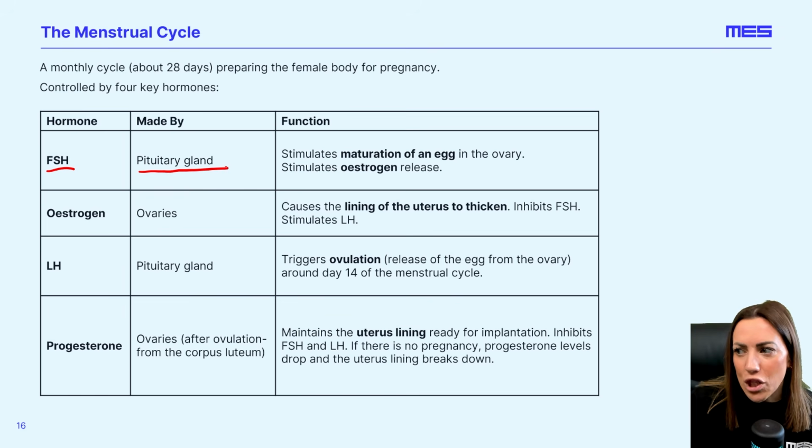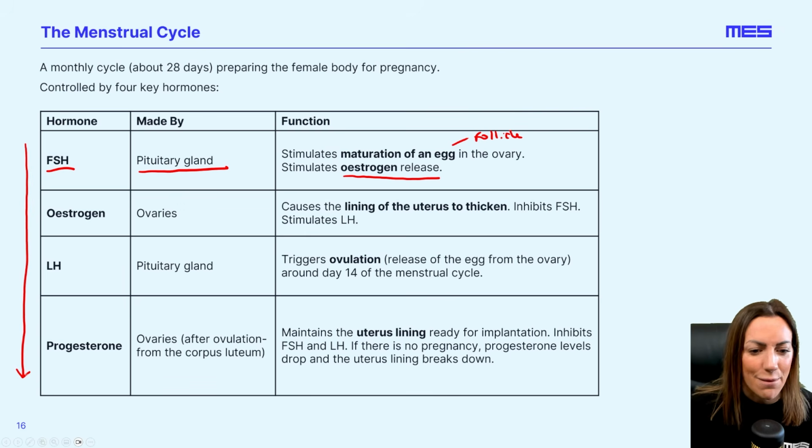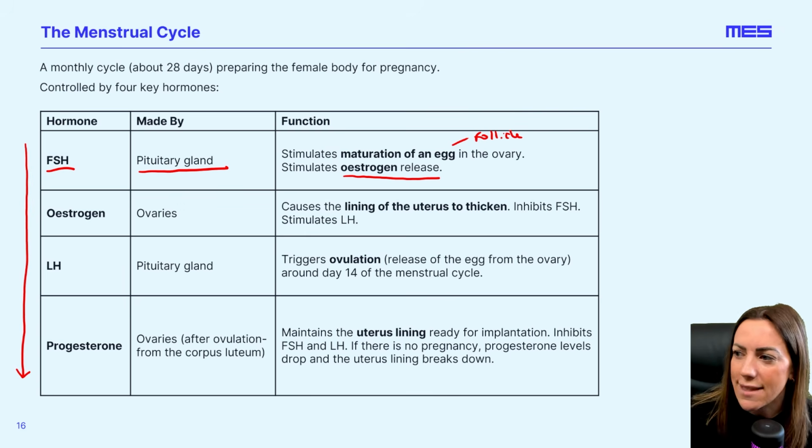It's made by the pituitary gland. And in terms of functions, as we've said previously, it stimulates an egg to mature in the ovary, or you can call it a follicle. It also stimulates the release of the next hormone. So we're doing these in order, and I would recommend you talk about them in this order if you get an extended response question. So talk about FSH first. From the pituitary gland, stimulates an egg to mature in the ovary, and it stimulates the release of the next